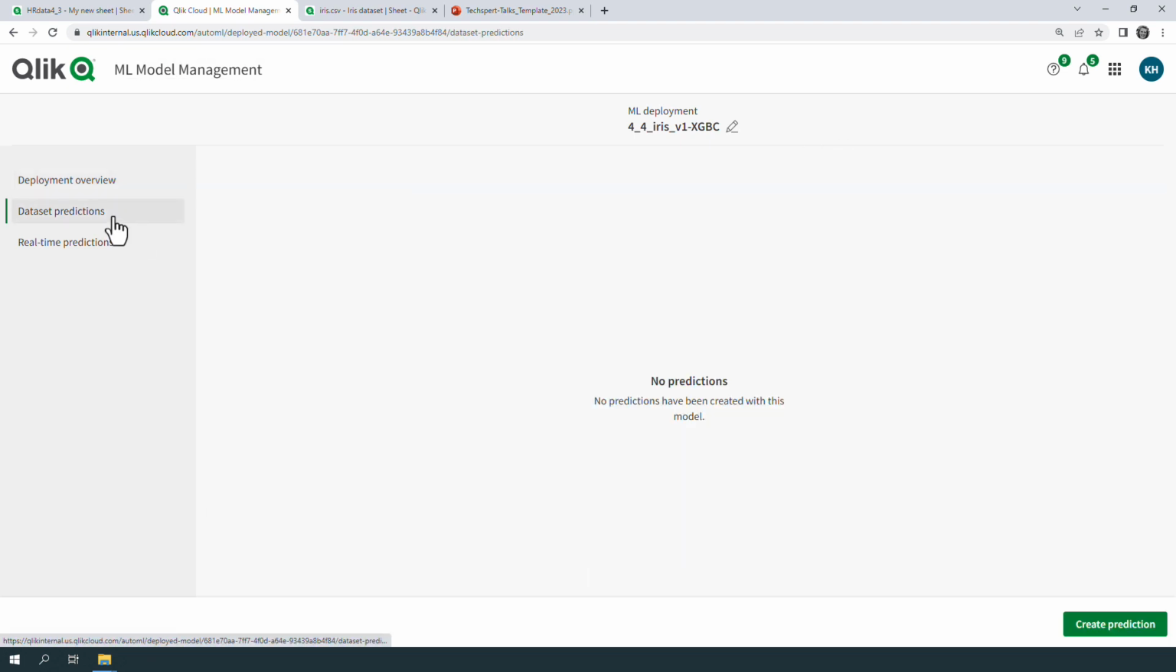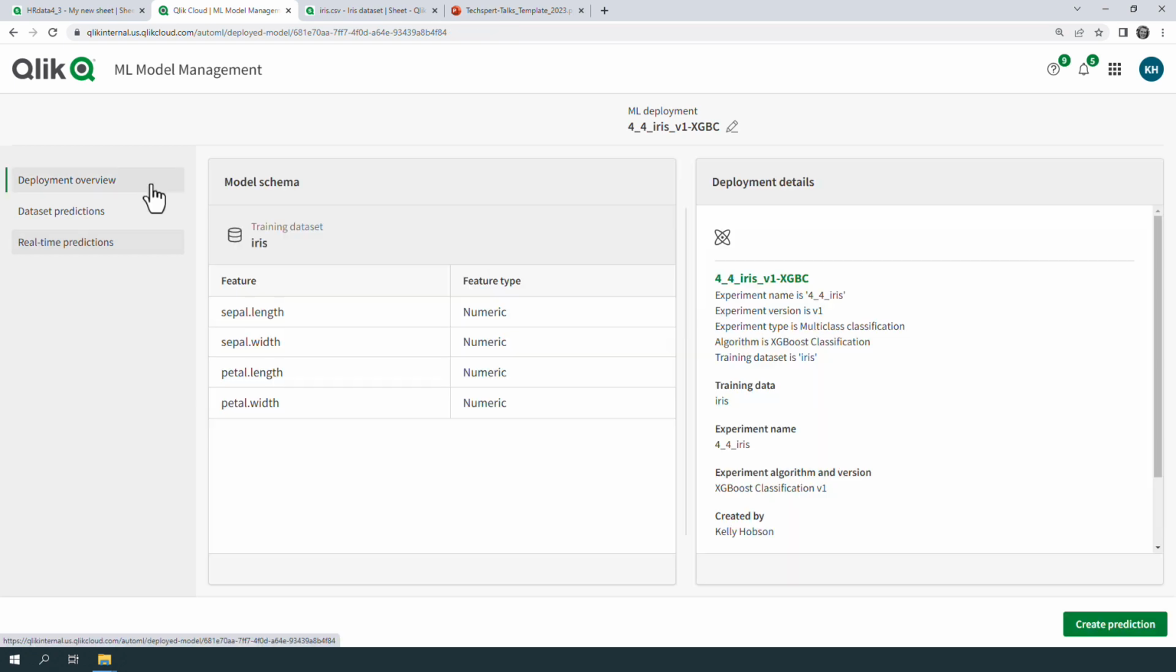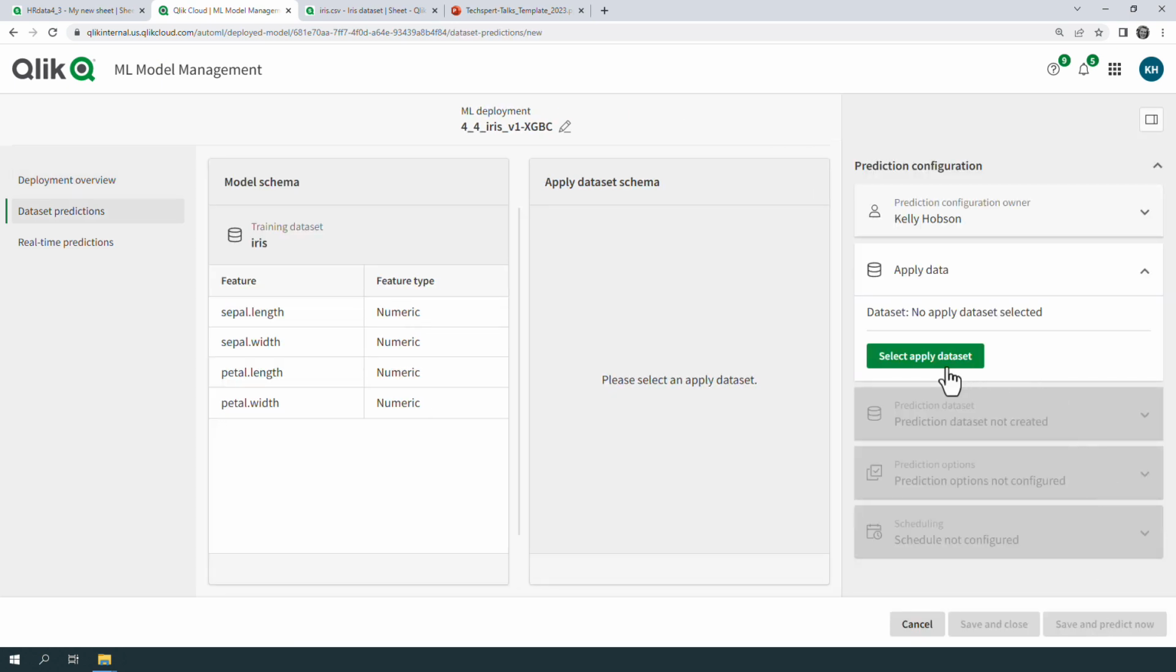It's going to be blank because we haven't done anything so far. And then it also has some information about some API access if you're accessing via another tool such as Python or Postman. You can create a prediction and select apply dataset. So it can be done manually within the tool, but then there's also some options to create those predictions within